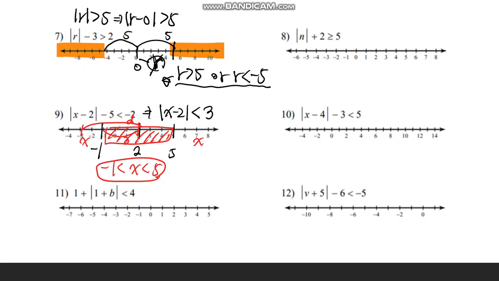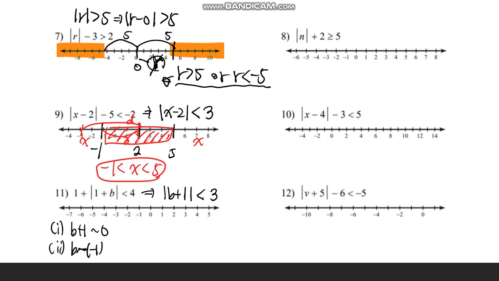Last problem here, not last problem, I'm sorry. The next problem here is b plus 1 is less than or equal to 3. Again, by the commutative law, you can switch b and 1 like this. There are 2 different ways to solve this problem. You can say the distance between b plus 1 and 0, or you can say the distance between b and negative 1,